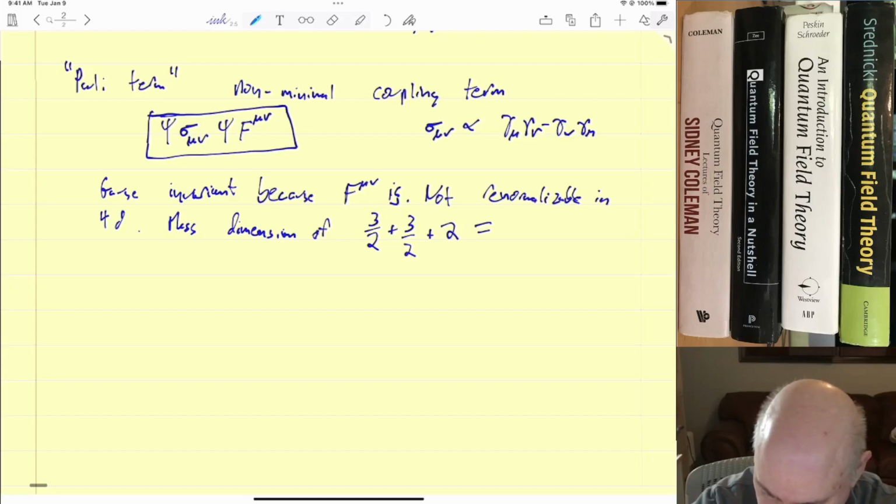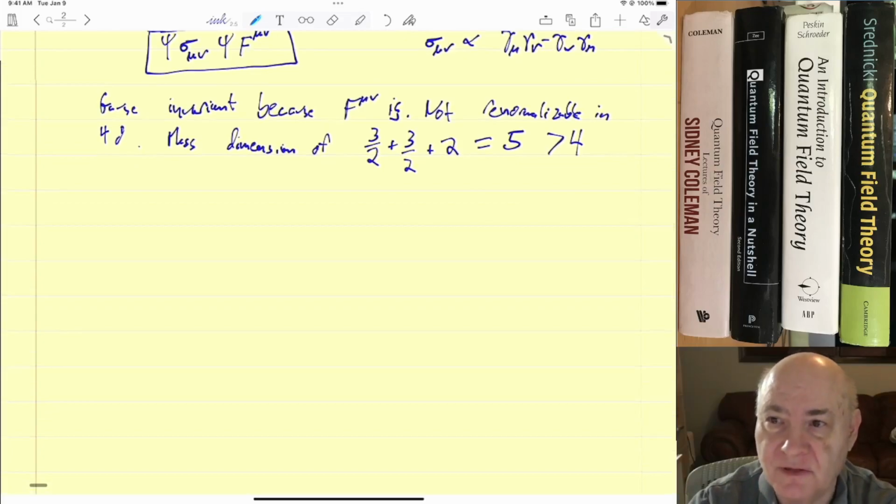That's equal to, I think I got that wrong. Yeah, okay, that's equal to 5, which is greater than 4. So it's not going to be renormalizable. But otherwise, it's okay. Now the interesting thing is,